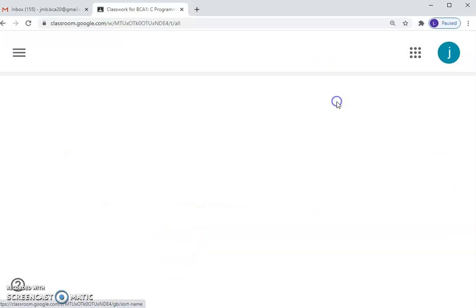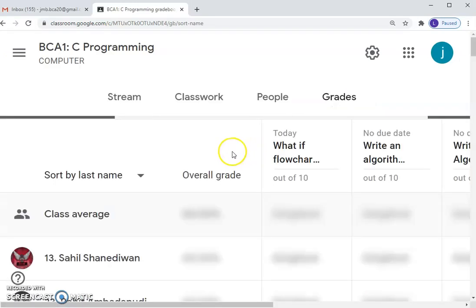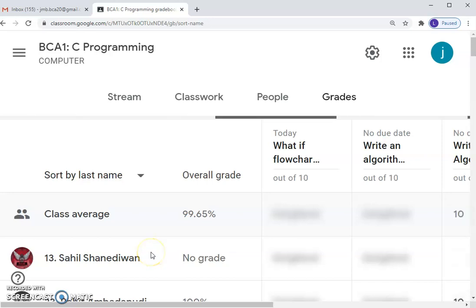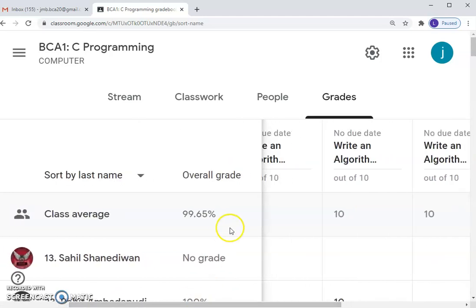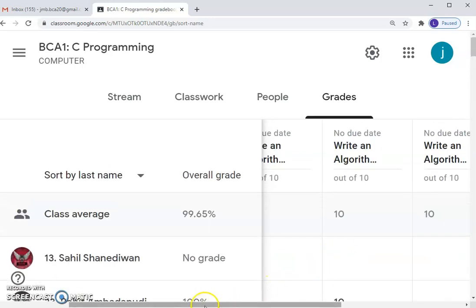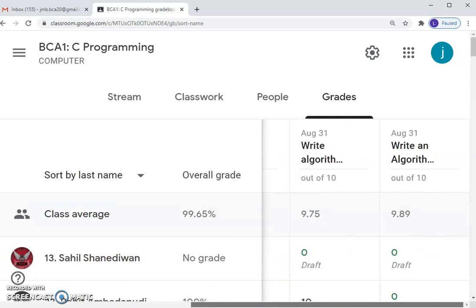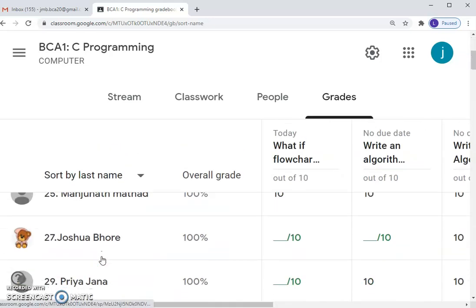Now coming back to grades. We have a grading option where we can grade our students depending on the assignments they have completed. We can also download the full Excel report of this student-wise grading list. Here we can see the number of students, their names, and which assignments that particular student has completed.